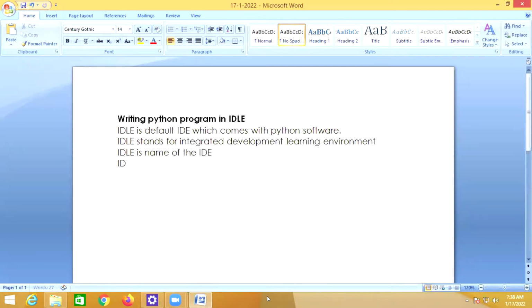An IDE is a code editor. IDE stands for Integrated Development Environment.